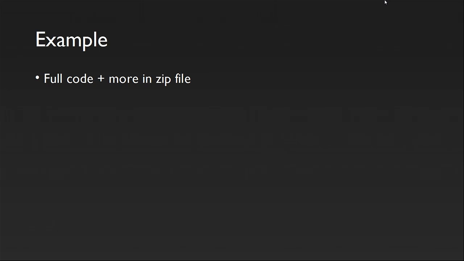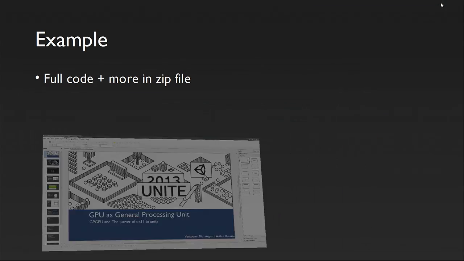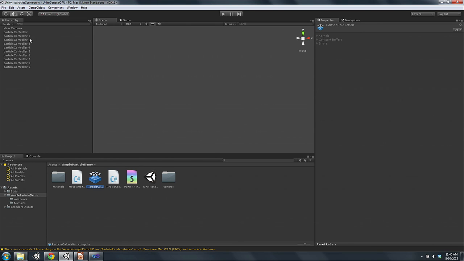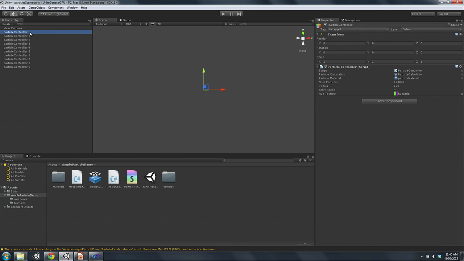All right, so I think it's enough with the abstract talk. I think we should go to an actual example. There we go. So we have a bunch of these particle controllers here, and each of them runs, let's see, 100,000 particles. So we have 9 of them. And then if I hit play,